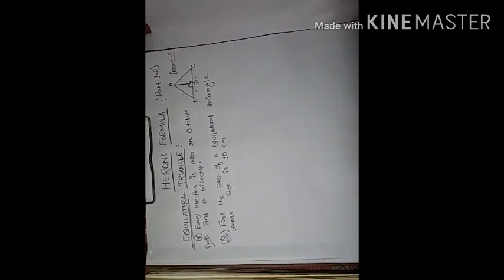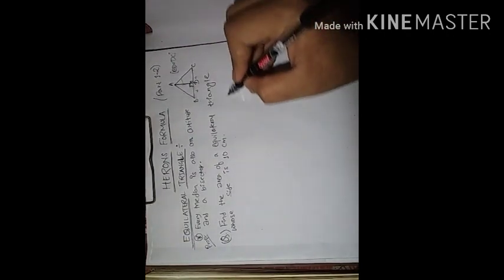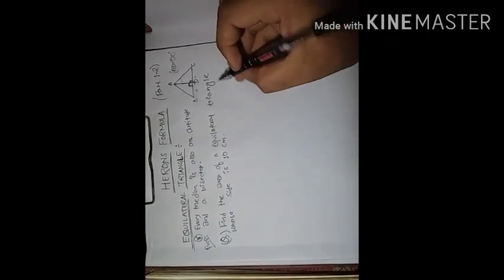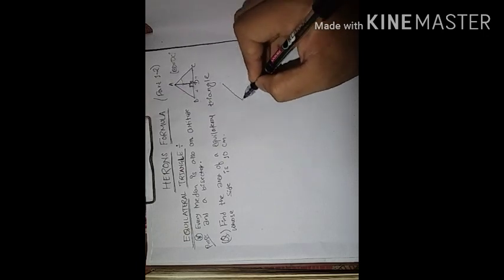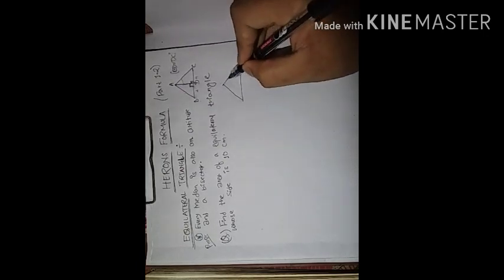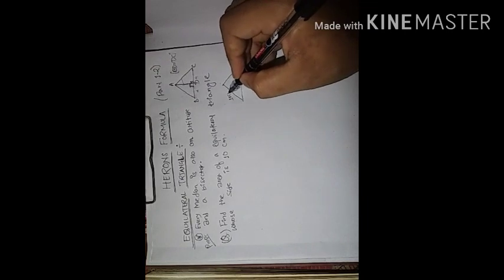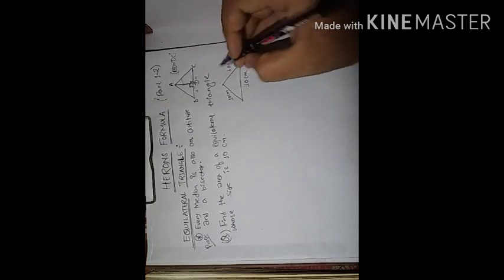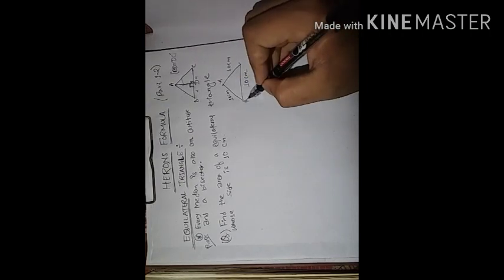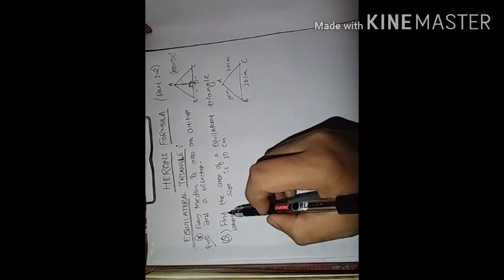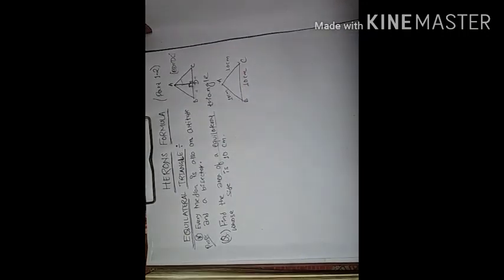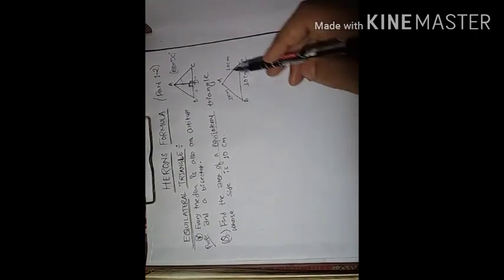So to understand it more clearly, let us do an example. Suppose we have to find the area of an equilateral triangle whose side is 10 centimeter. That means one equilateral triangle is there whose side is 10 centimeter, this is also 10 centimeter and this is also 10 centimeter. Let us take this as A, B, C. And what is the question asking? The question is asking to find the area of the equilateral triangle. For an equilateral triangle all sides are equal.